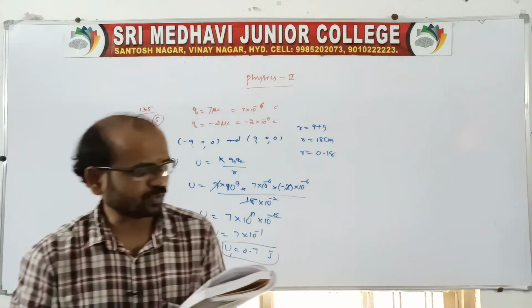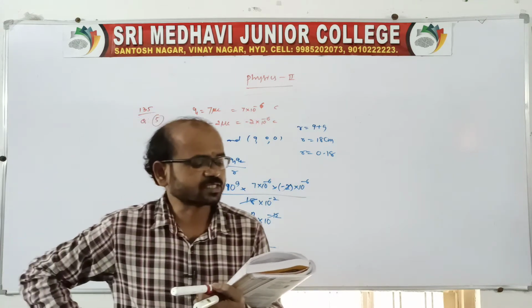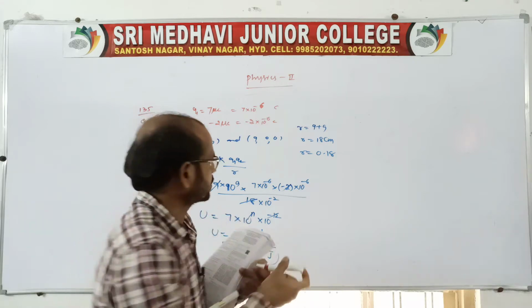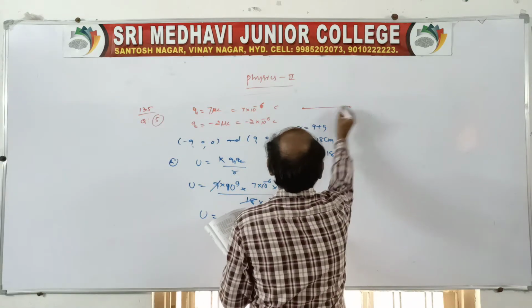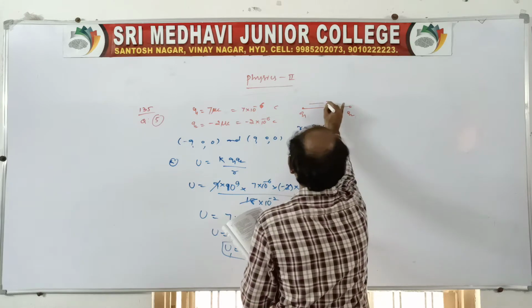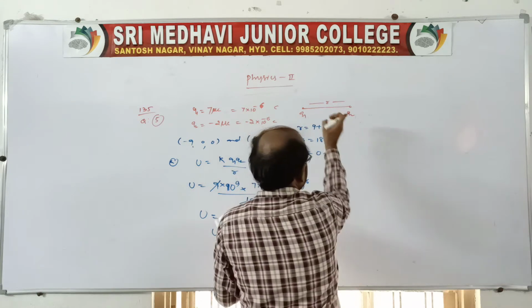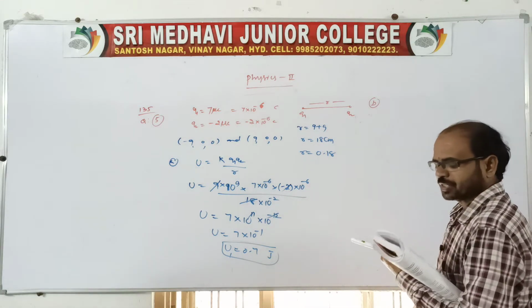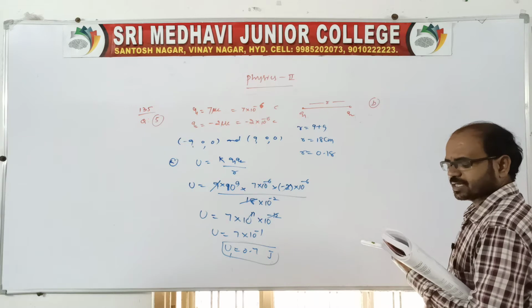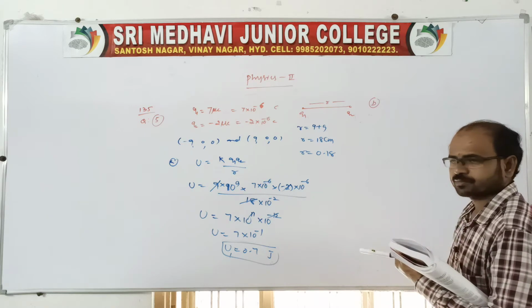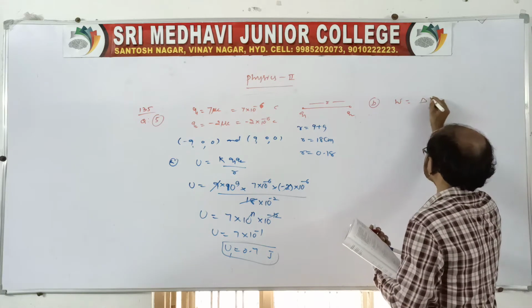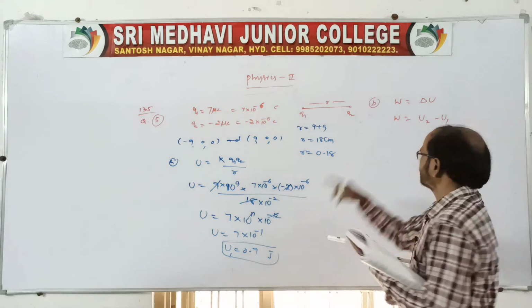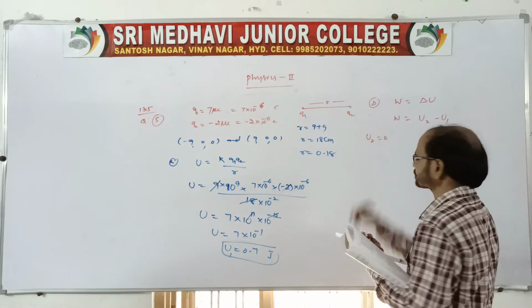And here it is asking second, how much work is required to separate the two charges infinitely away from each other. Now we have to separate them because they are located at a distance like this, Q1 and Q2. In the second question, separate the two charges infinitely. At infinity the potential energy becomes 0. So work done is equal to delta U, then work done is equal to U2 minus U1. Already we have U1, but U2 at infinity becomes 0.